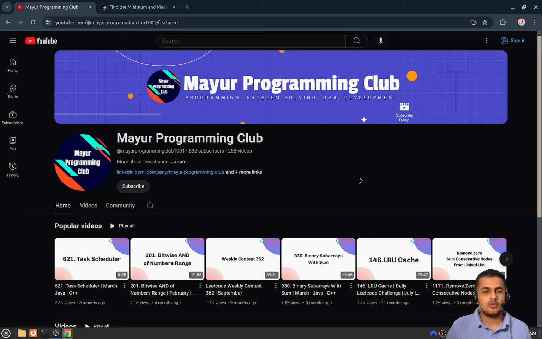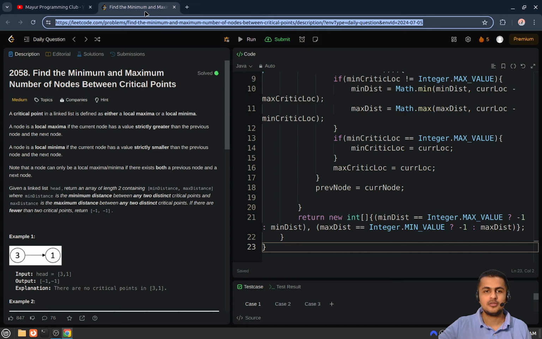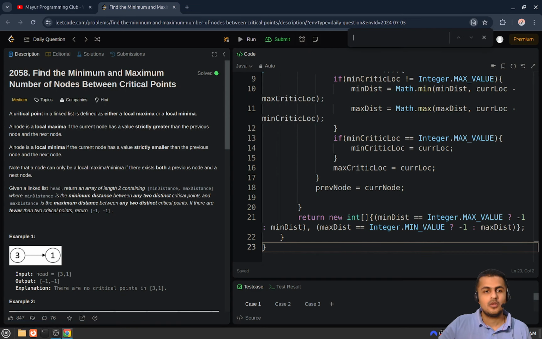Today we will be solving another daily LeetCode problem, and the problem's name is find the minimum and maximum number of nodes between critical points. So according to the problem statement,